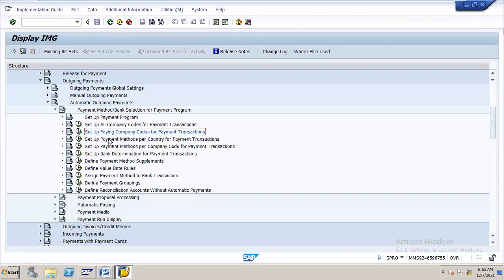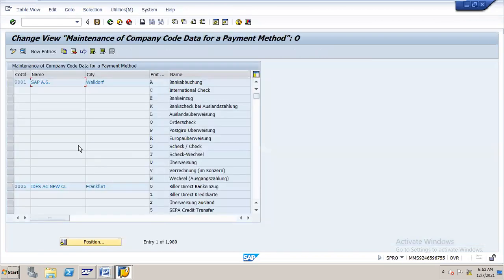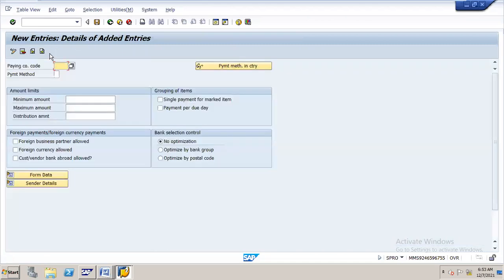Okay, this one. Actually, these are all similar. Set up payment method per country, then set up payment method per company code. So this payment method now we have to assign to the company code. Just below that, second step, we have to assign this payment method to the company code. Select new entries. Okay, payment method, paying company code.